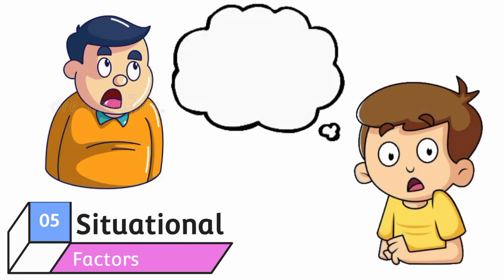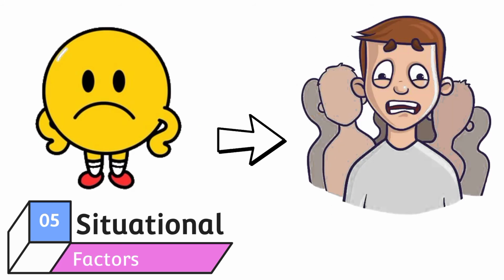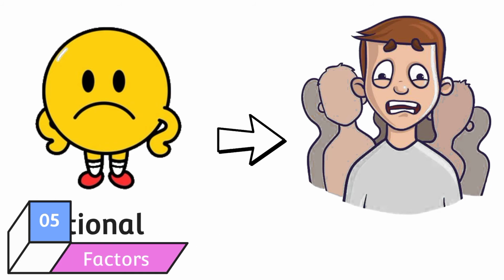The last one is situational factor. Certain situations and circumstances can influence a person's life in a positive or negative way. The best example of this factor is what we call experiences. Happy and memorable experiences cause individuals to be optimistic and joyful. This makes them productive and effective in their daily life, while people who suffer from traumatic scenarios tend to have an opposite personality.